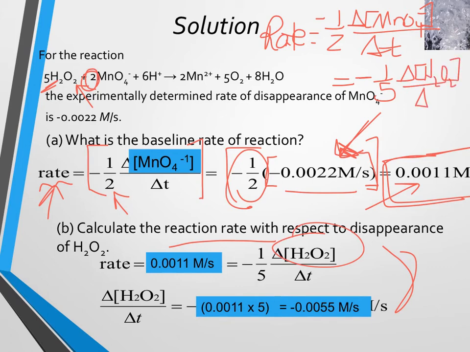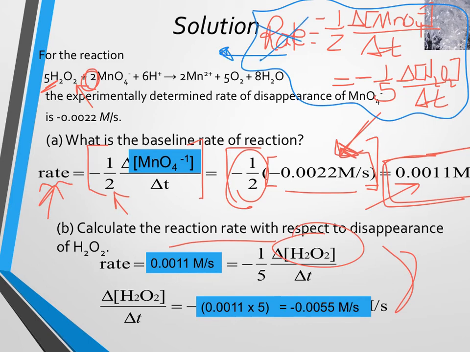Okay, so this might be a typical problem that you would see. And if you simplified this expression without any numbers, just to compare permanganate with hydrogen peroxide,